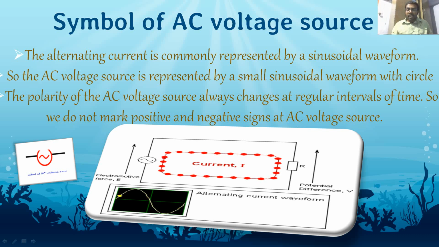Okay, look at this animated presentation. So here, for a moment it goes in this direction, and for a moment it goes in the negative direction, changes its directions, right? So look at this. Here this dot goes on the positive side and it goes in one direction. When it goes to the negative side, it goes in another direction, right? So it changes its direction. That means positive cycle, negative cycle, positive cycle, negative cycle. Okay, so as well as its magnitude also. Magnitude means positive maximum, negative maximum.